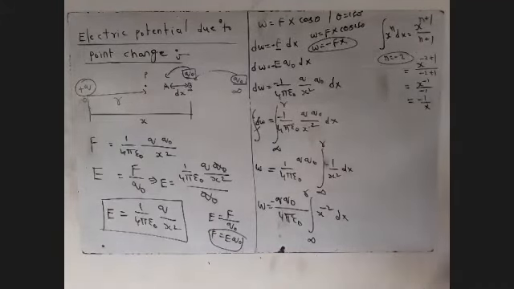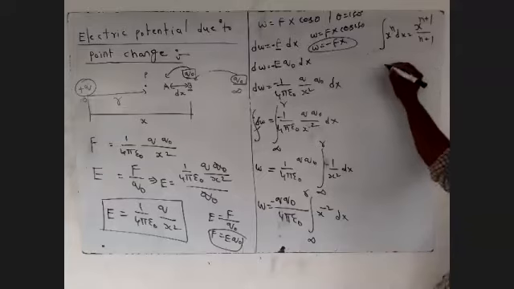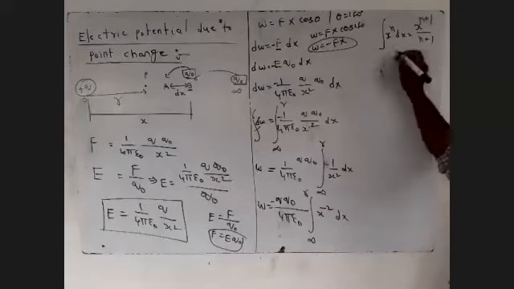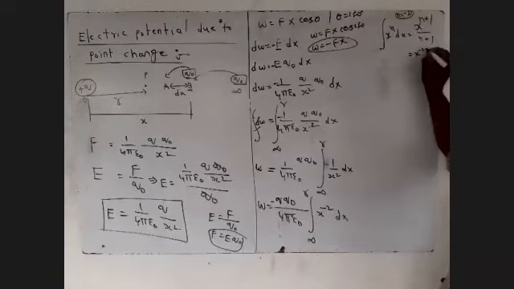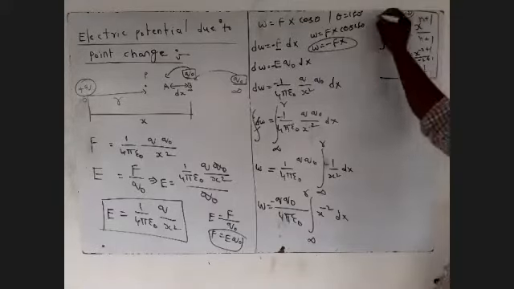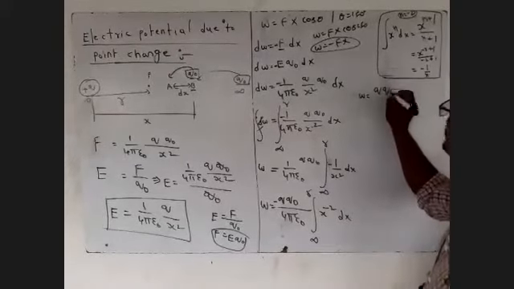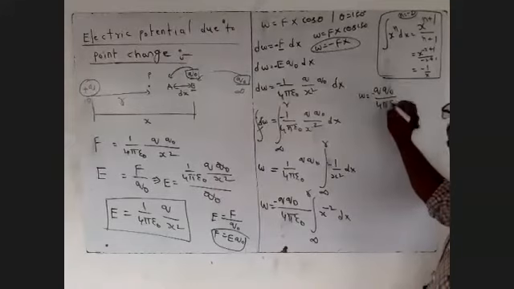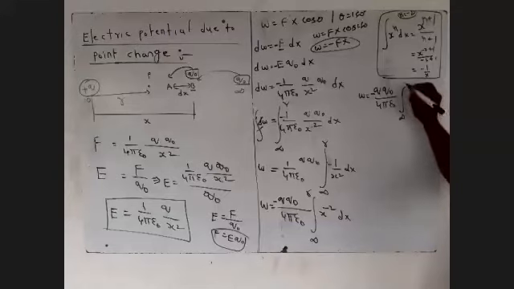Keep in mind that point. Here n is equal to minus 2, so x power of minus 2 plus 1 gives minus 1 by x. Keep this in your mind. Now put that value in this equation: W is equal to minus Q naught by 4 pi epsilon naught, integration with lower limit and upper limit, of minus 1 by x.